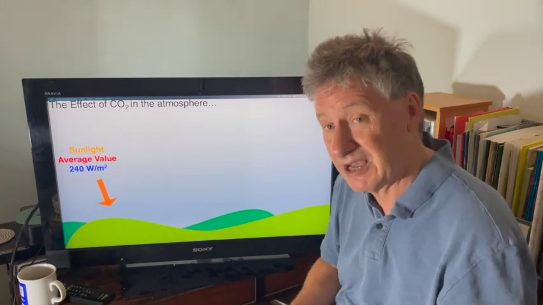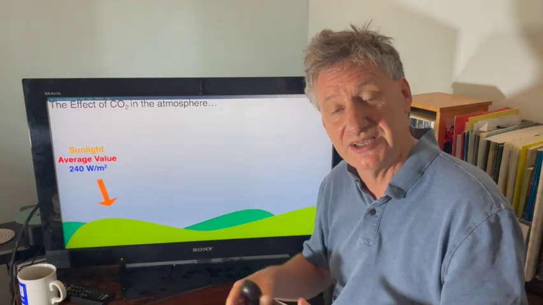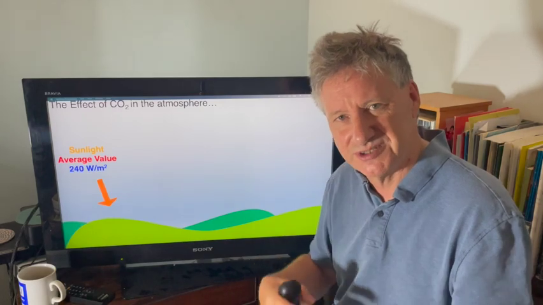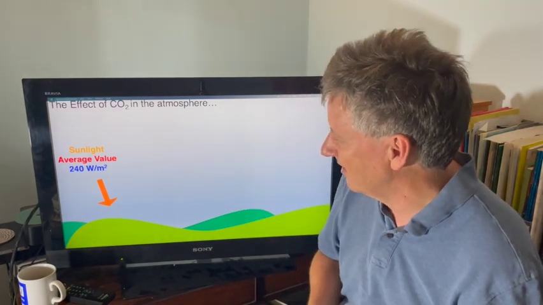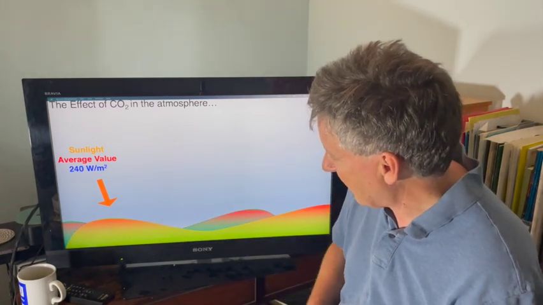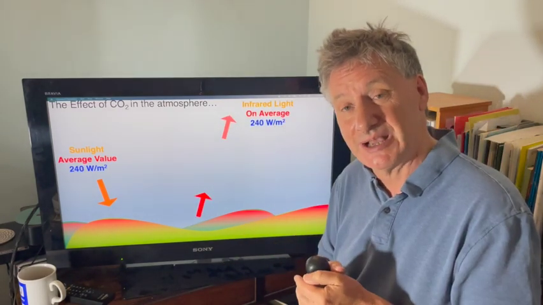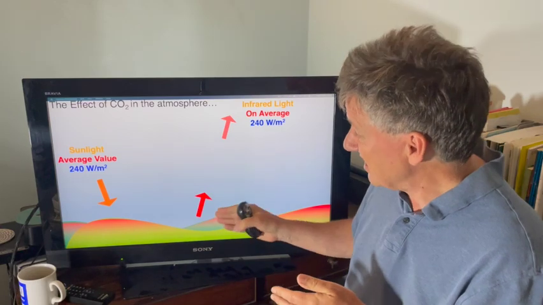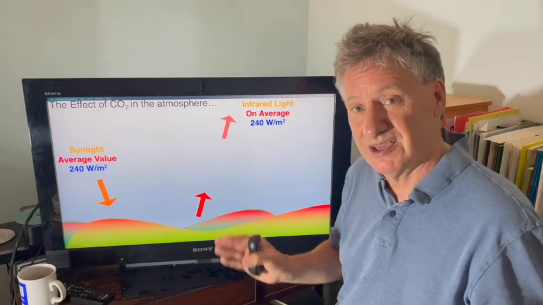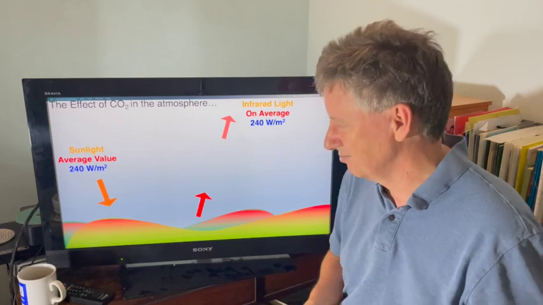So here are some numbers now. On average, the sunlight provides about 240 watts per square metre of the Earth. That's averaged over the whole Earth's surface of summer, winter, day, night, poles and so on. And what that does is it warms the Earth up, and we have to lose, on average, 240 watts per square metre in order to establish a stable temperature. Now, if there were no atmosphere, this process would go on, and we know the temperature of the Earth. We can do the physics for that. It would be minus 18 degrees Celsius. It would be a very difficult place to live.